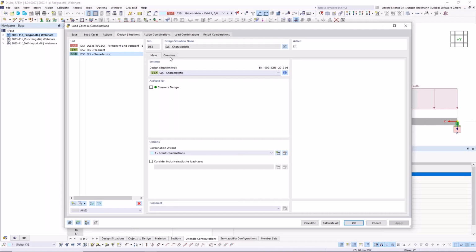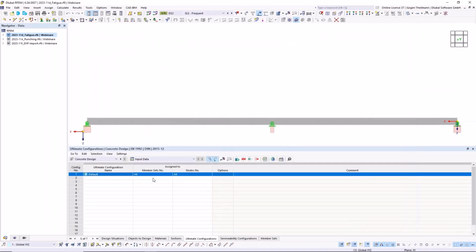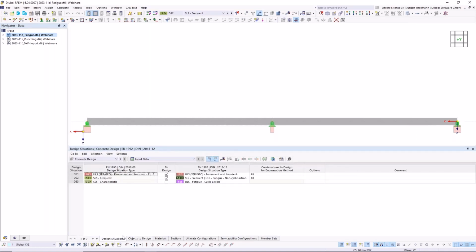And when I go to the overview of my design situations, you can see right now that I have result combination 3 for my level 2 fatigue design and the result combination 2 for my level 1 fatigue design. Okay, let's go back to the table for design situation.